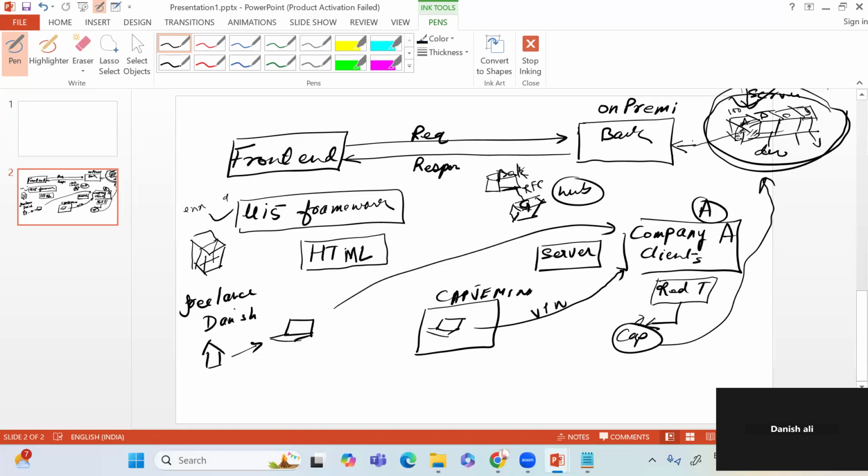Now, you as a front end developer, let's say, okay. So now you as a front end developer, let's say the ERP system is over there. The ERP system is over there, and